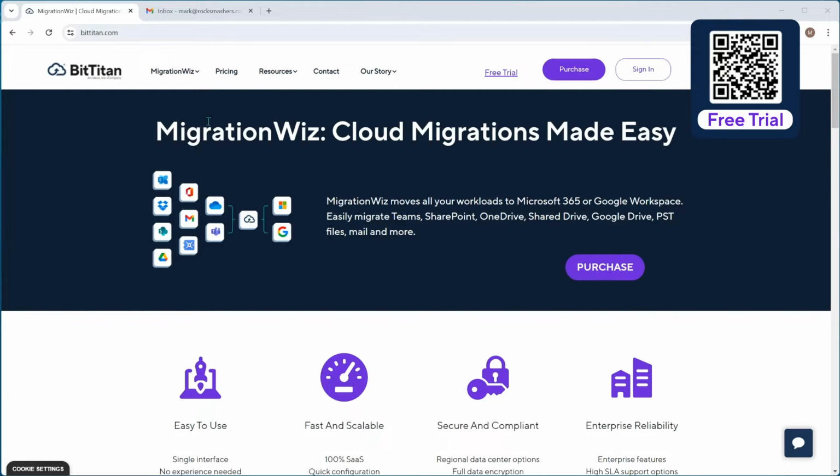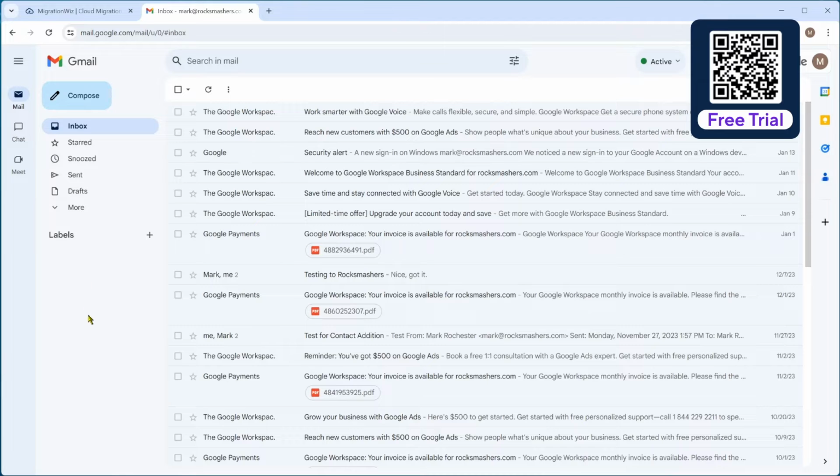So to start off, you can see if I go into the inbox here for this account, it's a very standard email account inside Gmail. And you can see if I just move around, it is a live account. So we're going to bring that across into the M365 tenant,